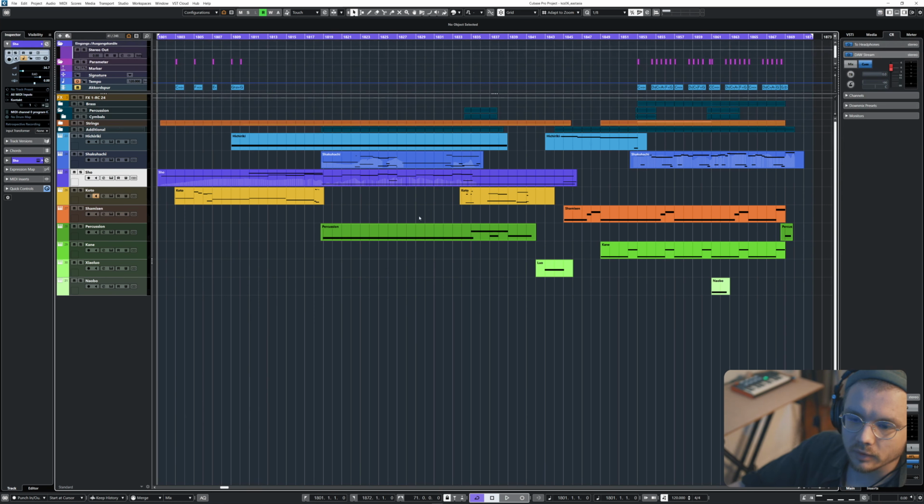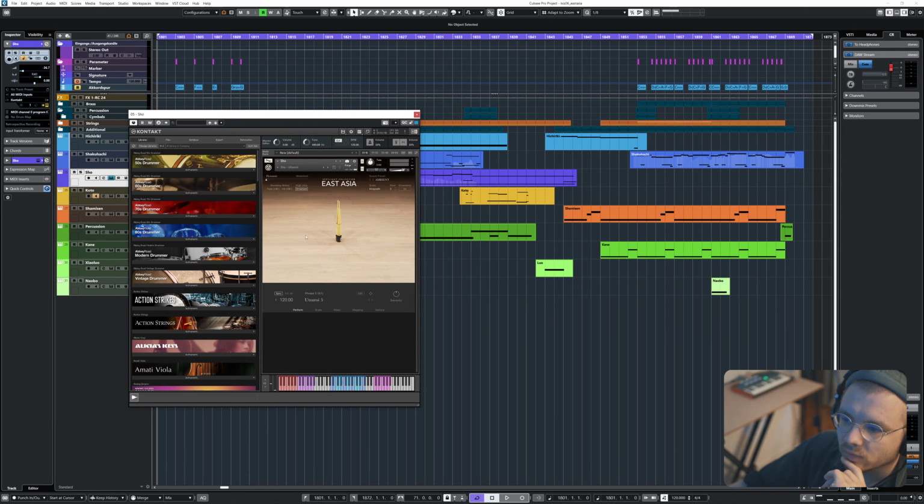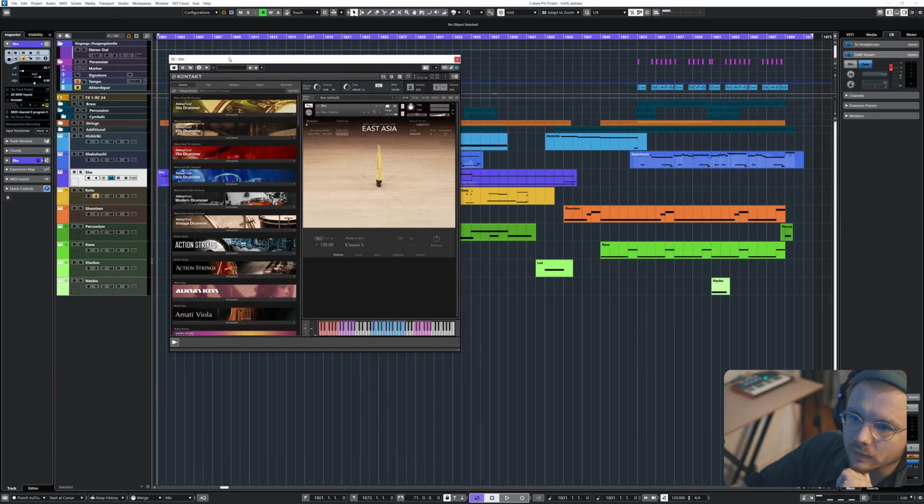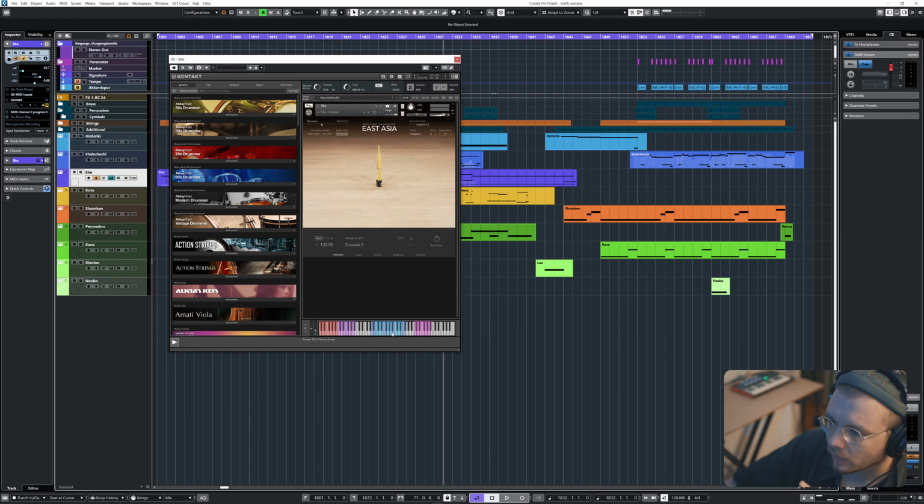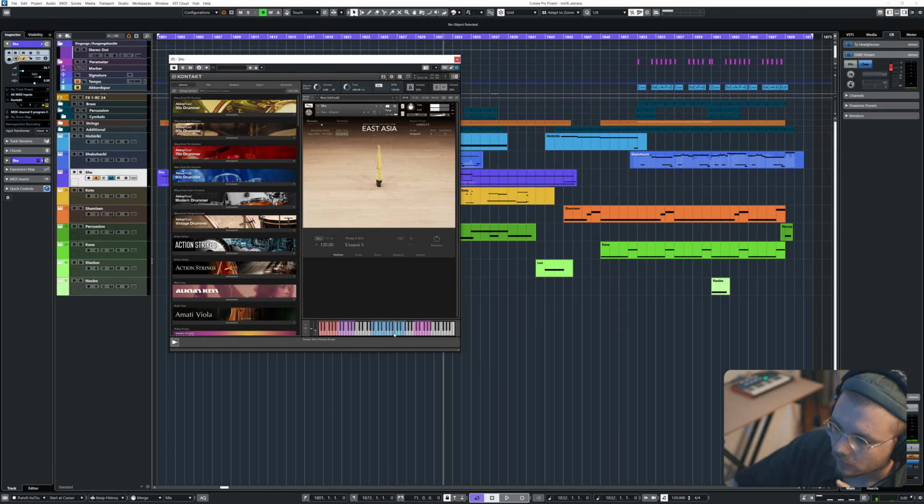Okay, so let's start with the instruments that I've used. I have concentrated on the Japanese instruments, and the first instrument that I've used is the sho, which is this kind of weird looking flute, which is used, I think, in the Japanese court music for kind of a harmonic background layer. So with this Kontakt instrument, you can obviously either play